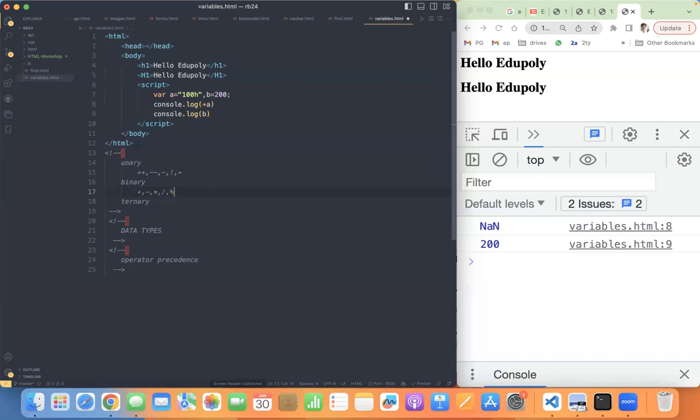Plus is for addition, subtraction, multiplication, division and